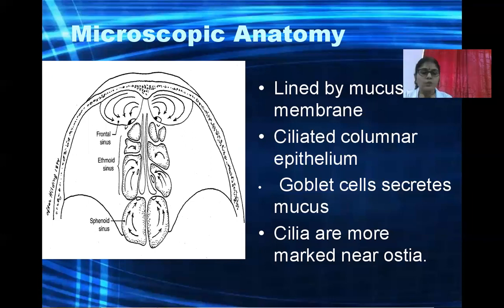So even with a mild inflammation, there can be a block in the osteomeatal complex because two mucosal linings come in contact with each other, blocking the drainage pathway. And hence there is stagnation of secretions in the respective sinuses. That stagnation will lead to secondary bacterial infection, and that is how the pathophysiology of sinusitis occurs. So the osteomeatal complex area in the lateral wall of the nose is very important for the onset of sinusitis.